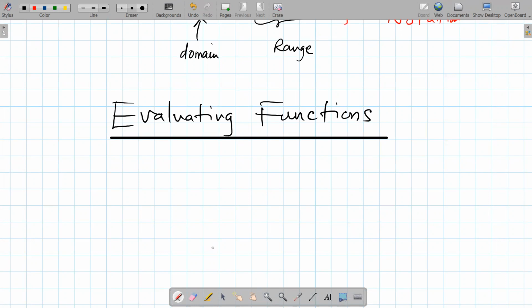You got to know what your input is. If you know your input, you should be able to get your output. So let's put it this way: a given function